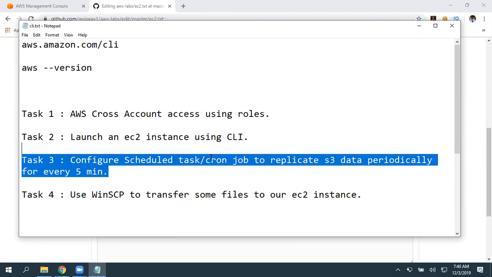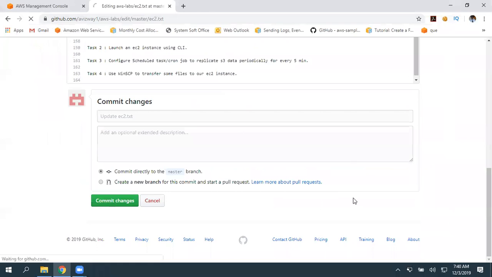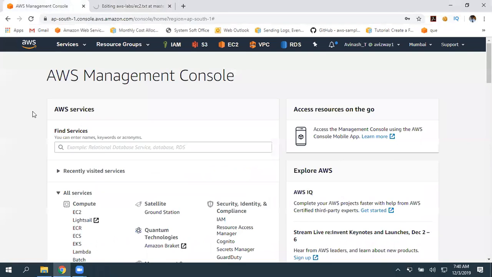Right. Okay, so in today's session, we are going to discuss the Systems Manager service. With Systems Manager, without logging into our EC2 instance, we can install an application, uninstall an application, or update the OS patches, generally for the Windows operating system.